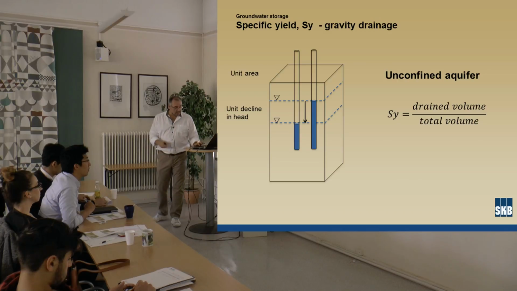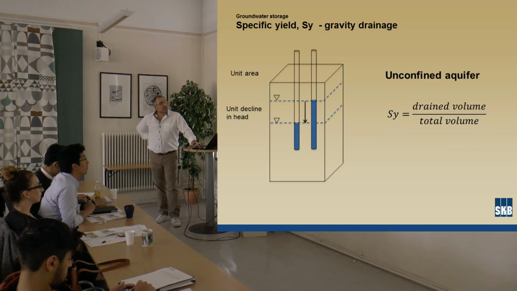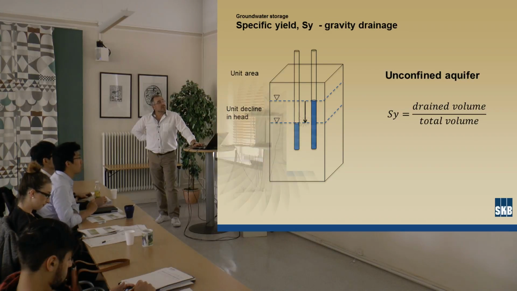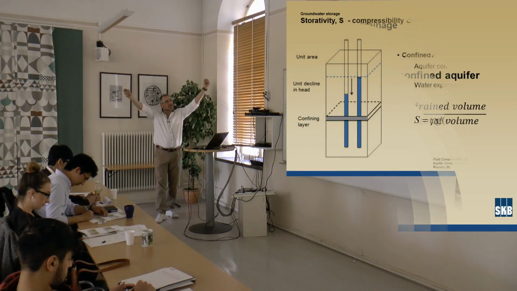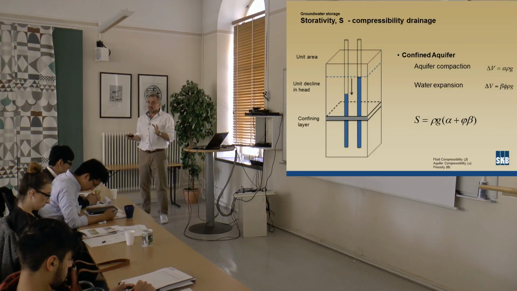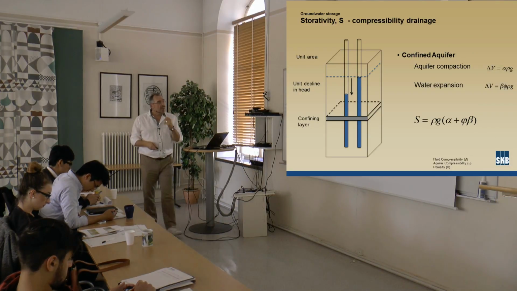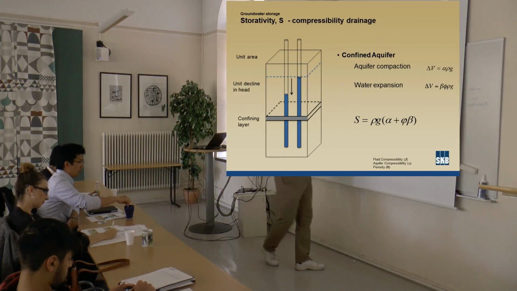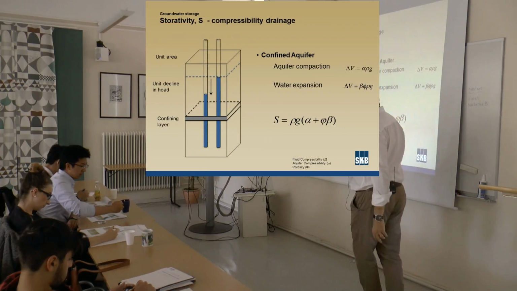Very straightforward. That is the storage for the gravity drainage. The other type of storage is through compression, and that is the situation in the confined aquifer, which I mentioned previously, where here we have the confining layer down here, and